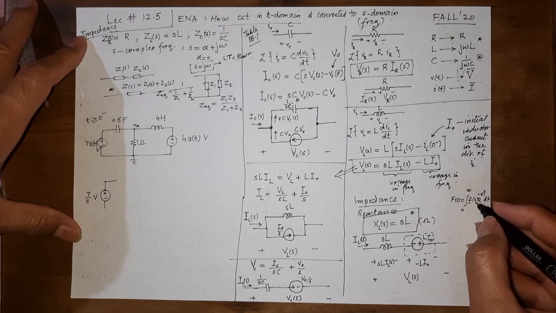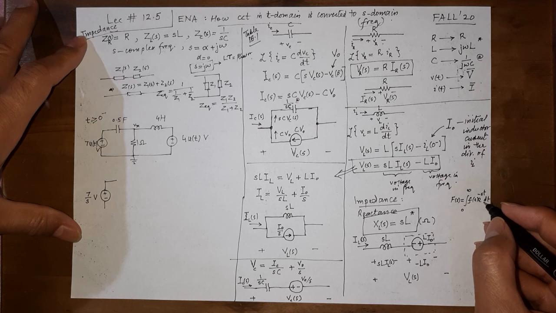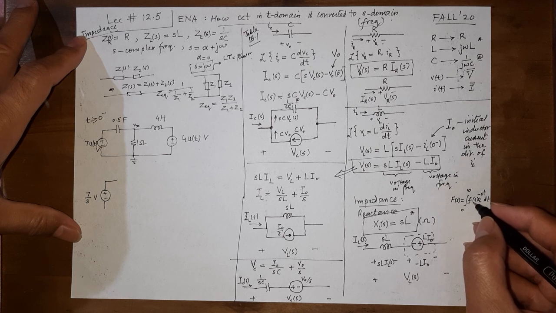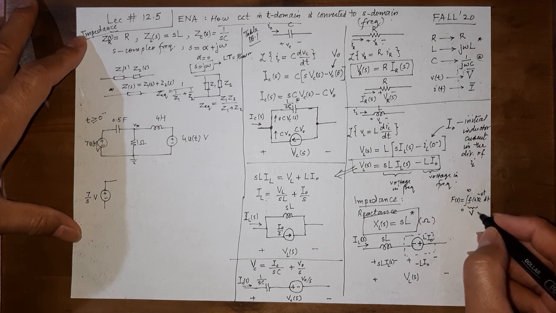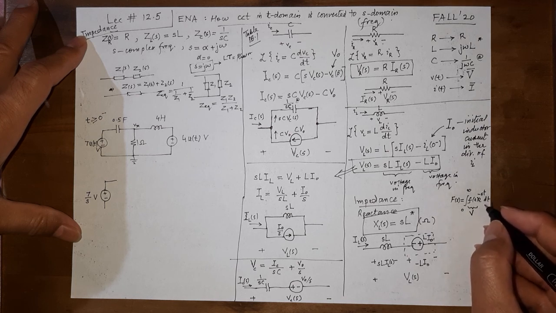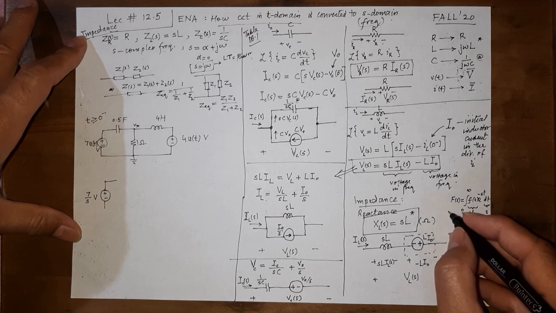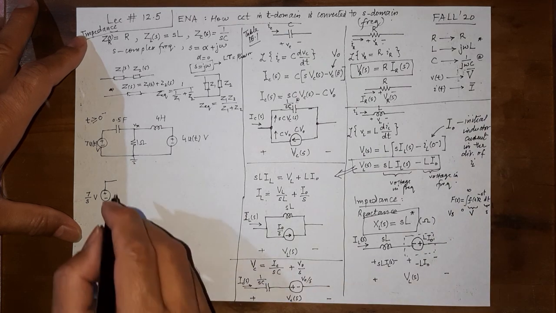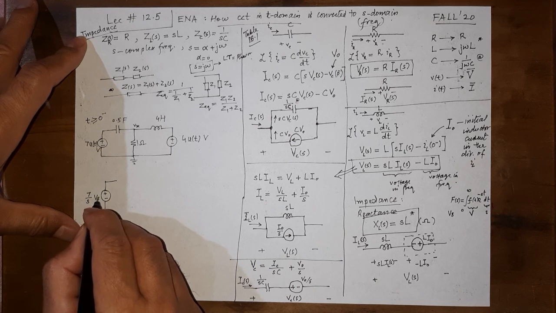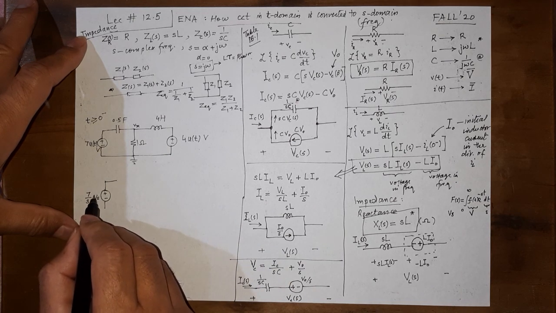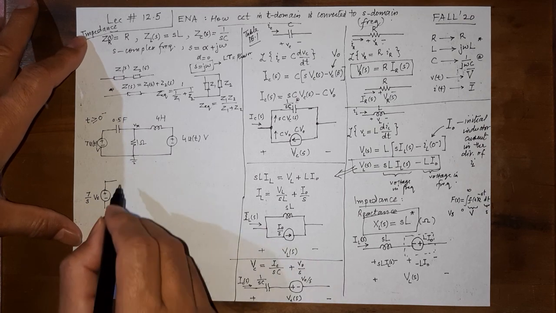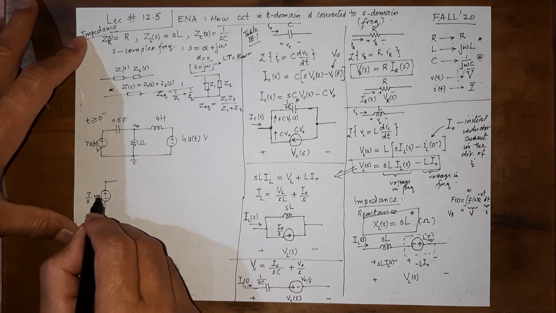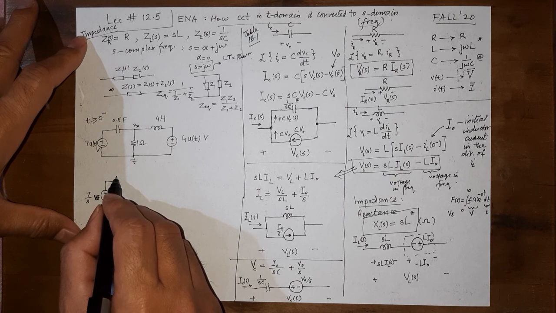Whatever the units of f of t are are multiplied by the units of time in dt. So if we have voltage here, we have time here. If this is a voltage, the units of this are volts, this is dimensionless, and the unit of this is seconds. So the units are volt-seconds. But it is confusing, so you can ignore writing the units and confusing yourself and myself as well. Let us skip it. We just know what the units are.